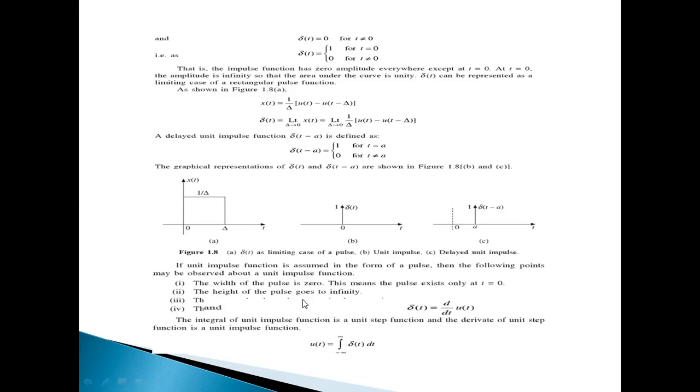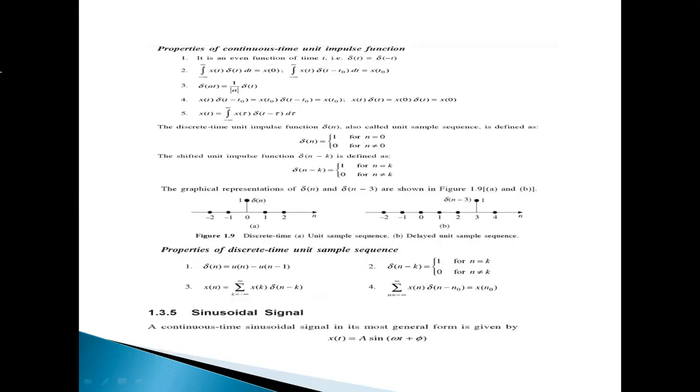And some properties here. You will find these in the properties of the function. Otherwise you can see it is an even function of time. Delta of t is equal to delta of minus t, for whatever t, at t equal to 0 only. Here t is equal to 0, so delta of 0 is delta of minus 0. There is no minus and plus zero. At t equal to 0, we have only one value. In that case, the continuous unit impulse function is an even function.